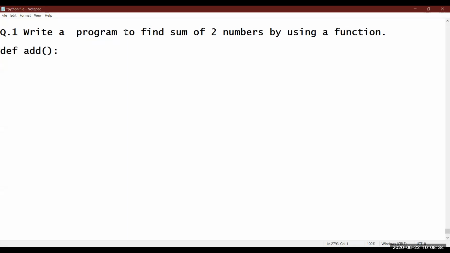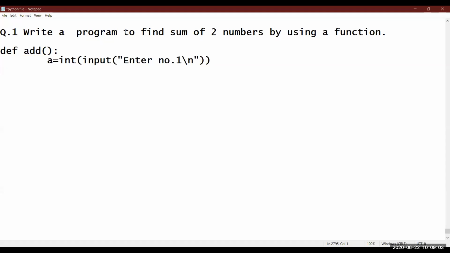No problem. I'll be using tab for this. Now, how to add two numbers? As I said, you have to write entire logic of the question, within the function itself. That means same thing. a equals to int input and then enter number 1 \n.